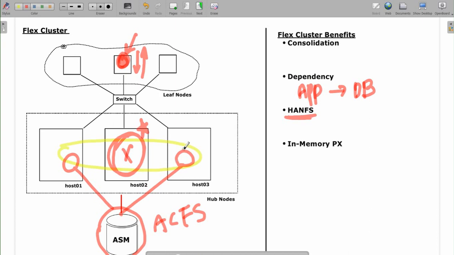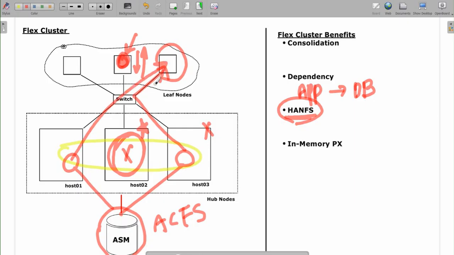If that is the case, I should be able to export this ACFS file system to the remote server over NFS. So I should be able to export ACFS to remote server. Now suppose that you have a host failure problem. If that is the case, the exported ACFS service to the application is not available because my server goes down. Now, because of this, if one server goes down, we can actually use HANFS to provide a continuous